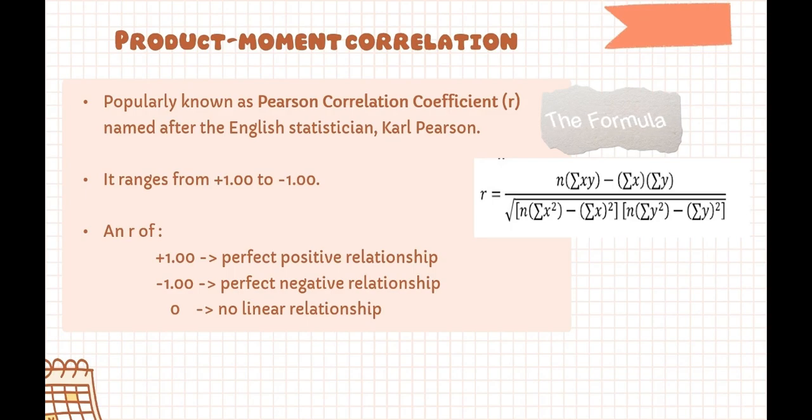An r of +1 implies a perfect positive relationship, while -1 implies a perfect negative relationship, and 0 implies that no linear relationship exists between the two variables. The correlation approach is used with linearly related data, meaning data whose scatter plots show a more or less straight